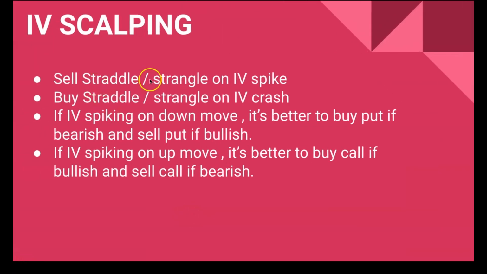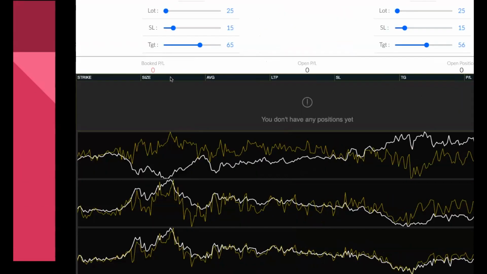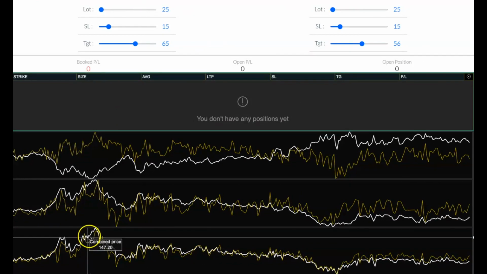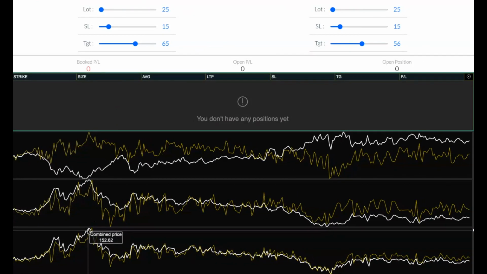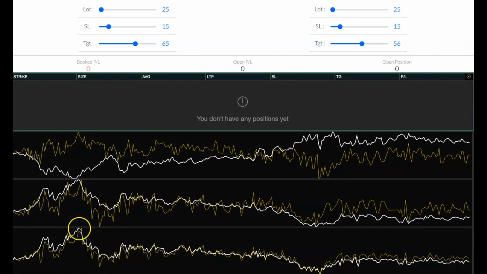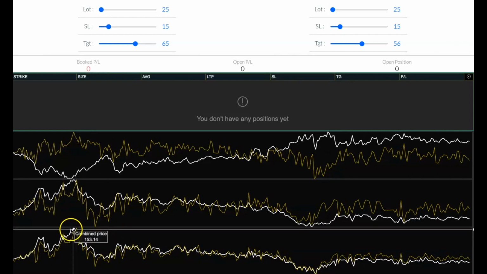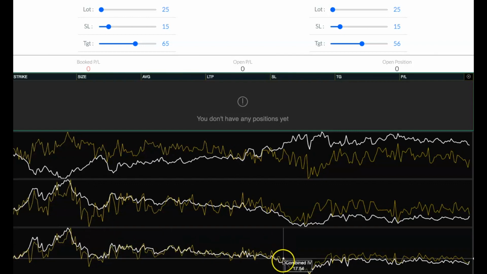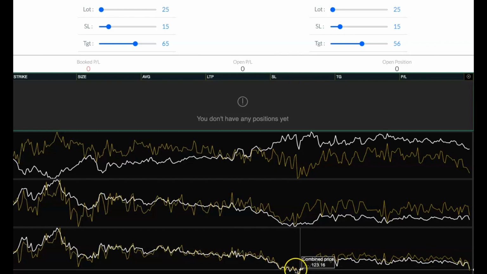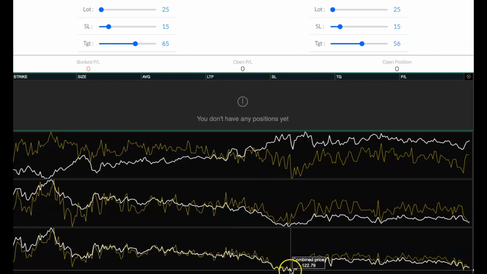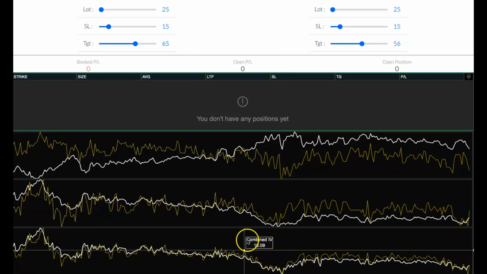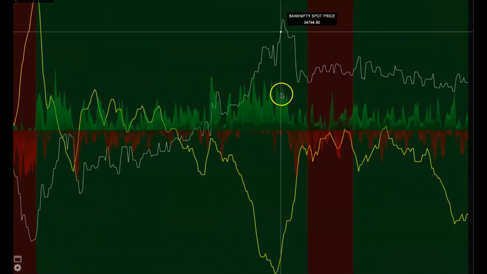The strategy is to sell the strangle on the IV spike. Here if you see, there is an IV spike. If the IV spike is due to the market fall, when the market is reversing, this IV will crash. So if you sold the call option and put option with the combined premium of 153, it fell till around 125. Again we have some IV crash here. If the IV crashes due to the market up move, and again the market is falling, the IV will spike. We will get that signal in the scalper tool.